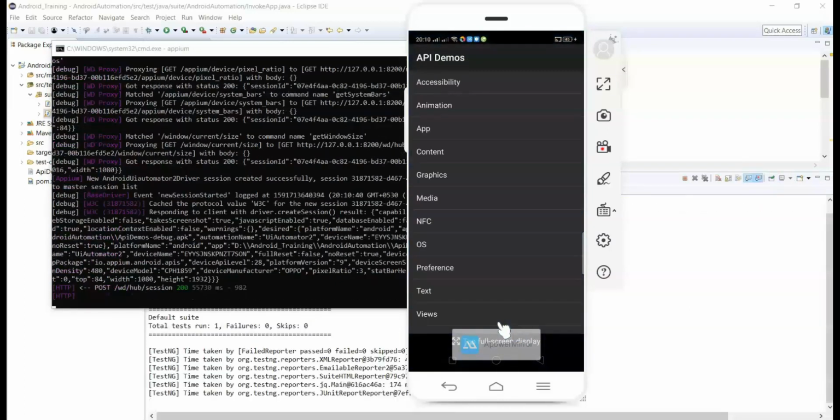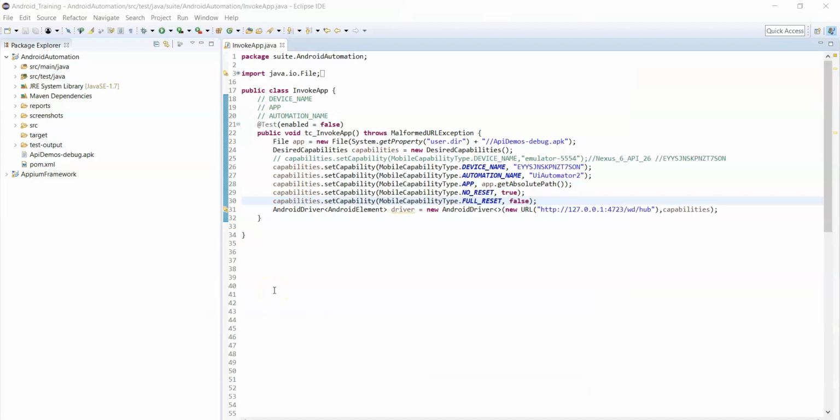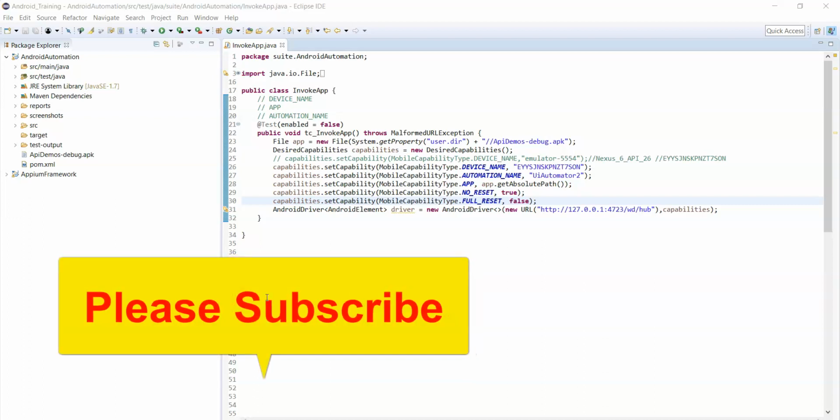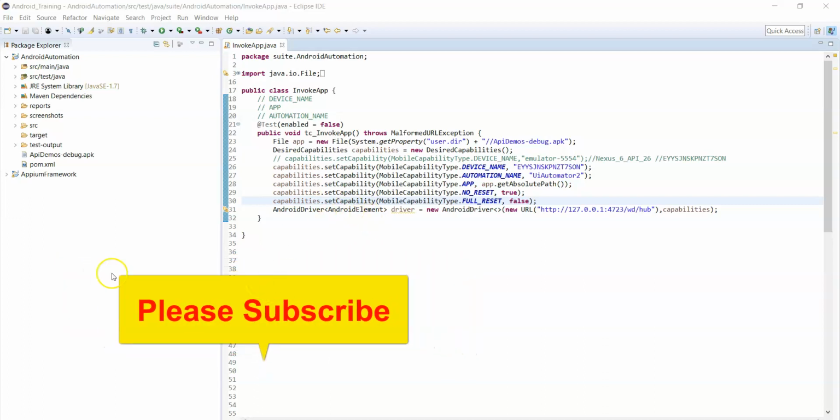Yeah, see, the app got successfully invoked on the real device. Okay, so this is how you can launch the application on an emulator and also on a real device. Okay, thank you.